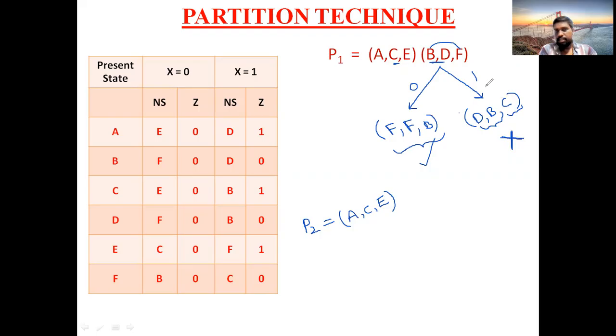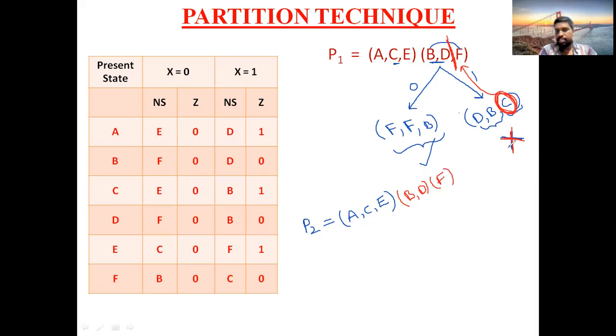Why? Because C is separately lying in another group. Because of that reason, the condition is not satisfied. Then what we need to do? This C is the answer for F. So separate this F into a separate group. Okay. Break this group into two groups. How will you break here? B comma D will be one group, and F should be separately written here.